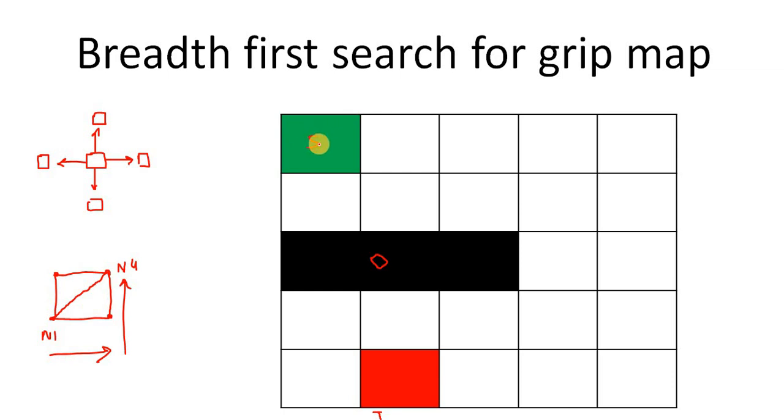It means this starting node is connected to only 2 nodes here. So when we apply the breadth first search algorithm, it will look at the neighboring nodes, this node here and this node here. Only if we take 4 connectivity, we ignore the diagonal connectivity. We calculate the distance from this node, and we say the distance was 1, let's say, and here also the distance was 1, and the parent of this node is